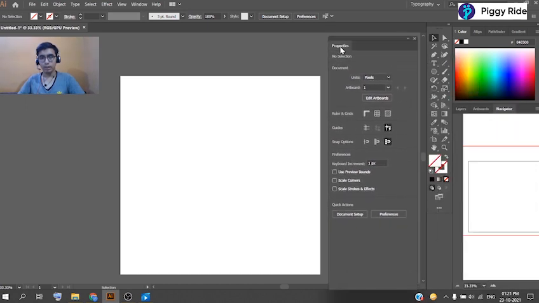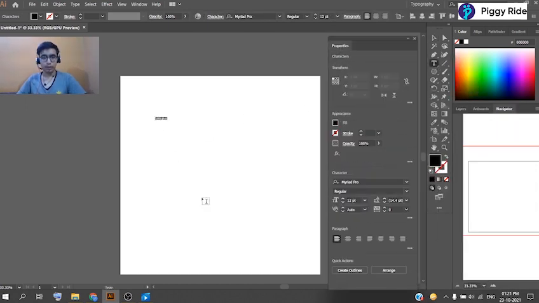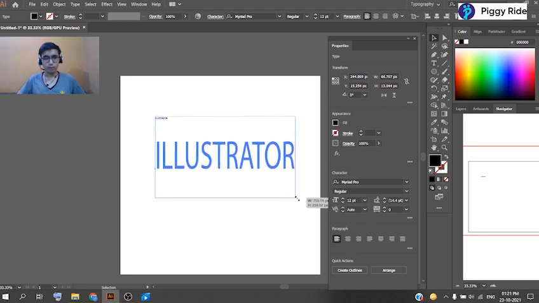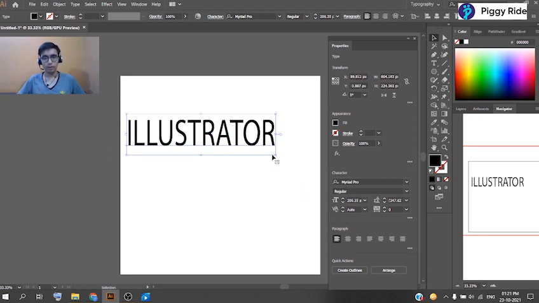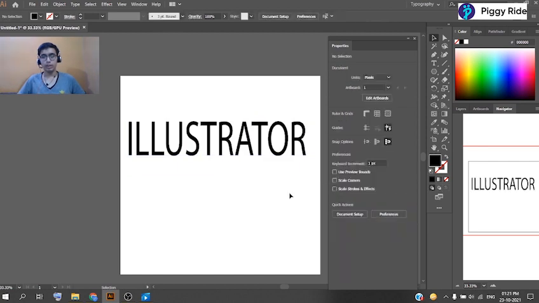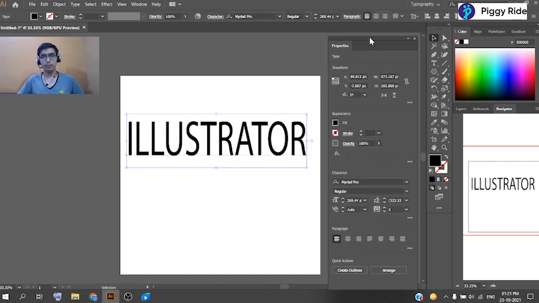Let's see here only. I have typed something. For example, I will type Illustrator, and we will increase the font size of the text. And you can see if I select the text, the properties panel has changed.